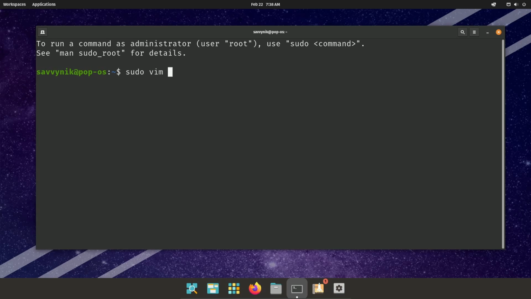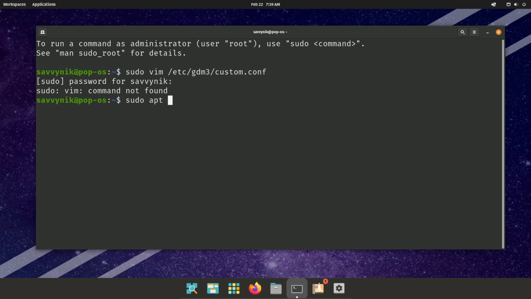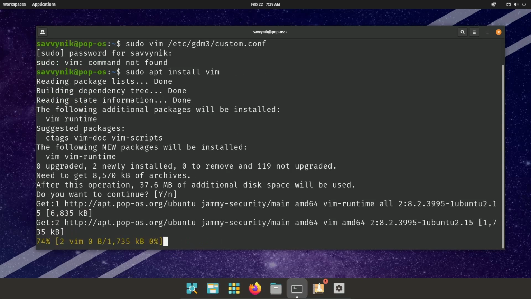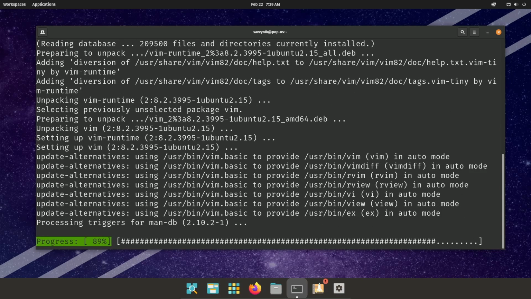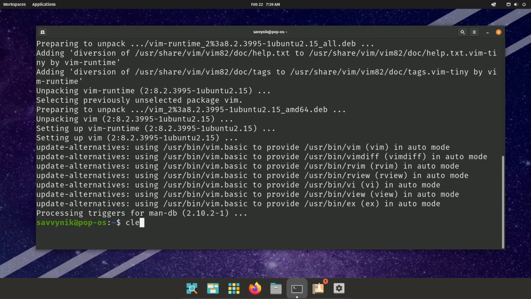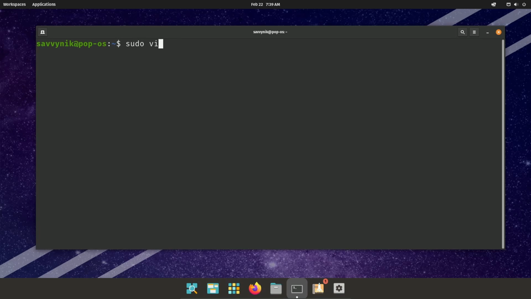I'm going to use Vim. You can use whatever text editor you want, Nano, Emacs, whatever. Anyways, I'm going to /etc/gdm3/custom.conf, and you can press enter. Type in your administrative password in order to open the file up. Well, I'm missing Vim, so I need to do sudo apt install vim for myself. Since this is a brand new installation, I forgot to install it. It doesn't come standard. So again, I'm going to do sudo vim /etc/